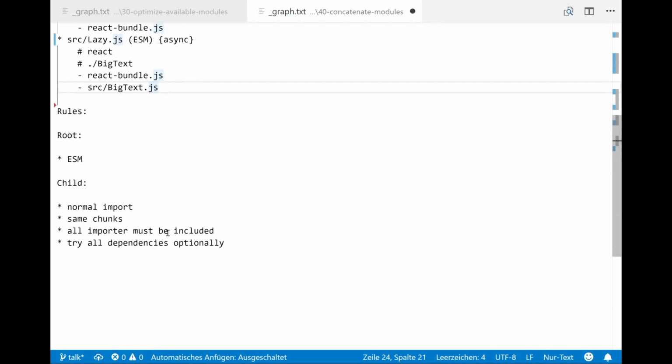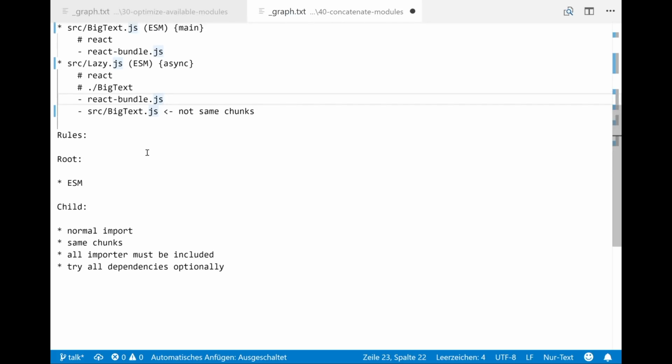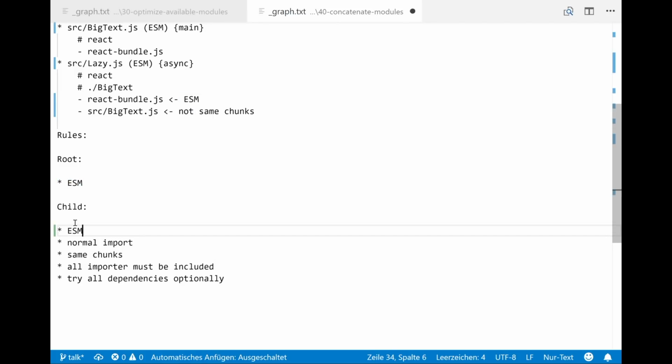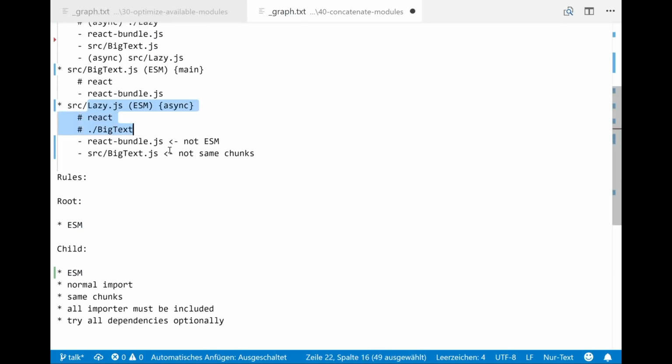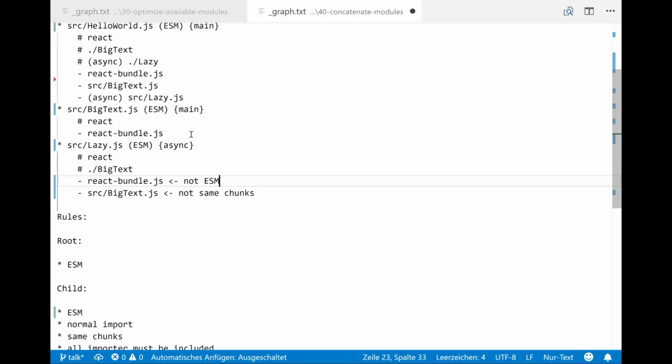No, it's not. So not the same chunks. Doesn't work. React Bundle doesn't work because it's not an ESM module. Actually, then it should be copied to the child. Not ESM. So sadly, lazy can't be scope hoisted. Trying this with BigText: same, not ESM, doesn't work.